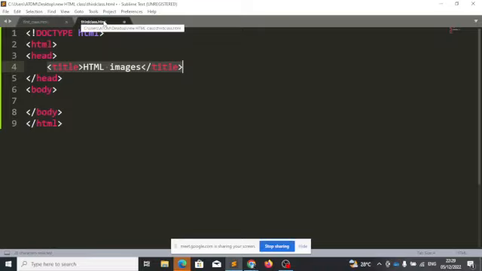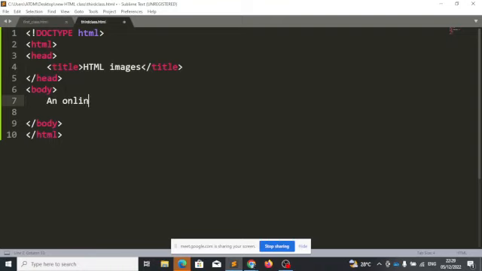Now, whenever you want to add an image to a page, there are two things. Number one, it can be an image that's online, an online image. Or an image on your device. So let's first look at this one, an online image. So whether you want to add online or offline, with either this or this, you need to open an image